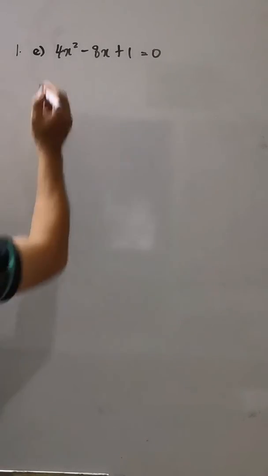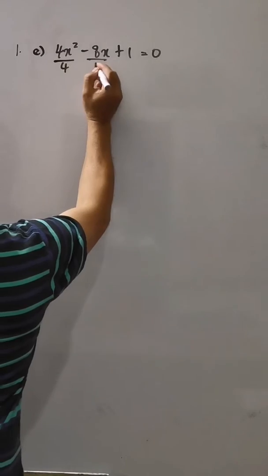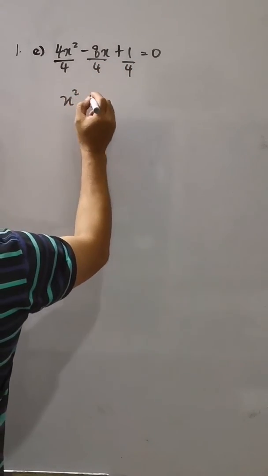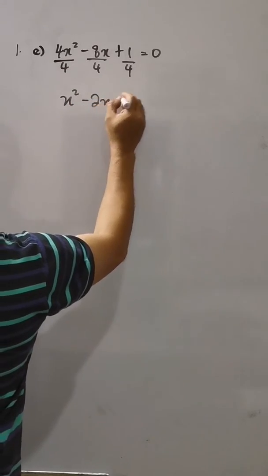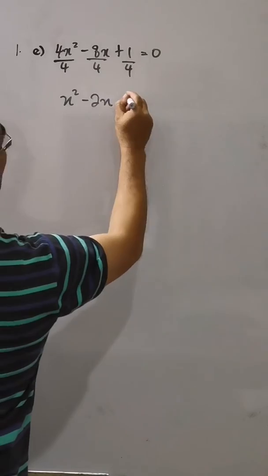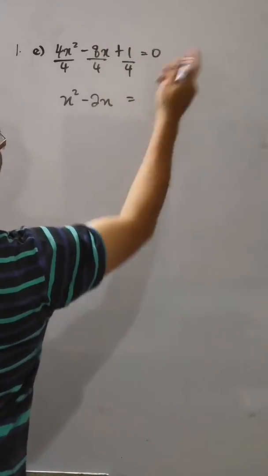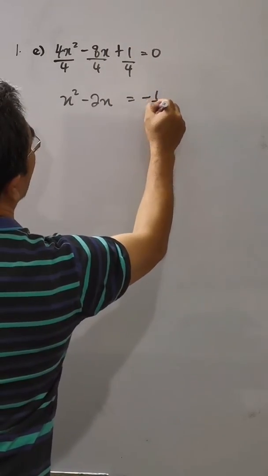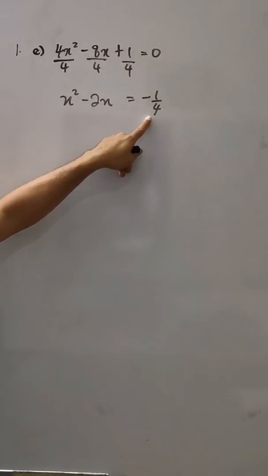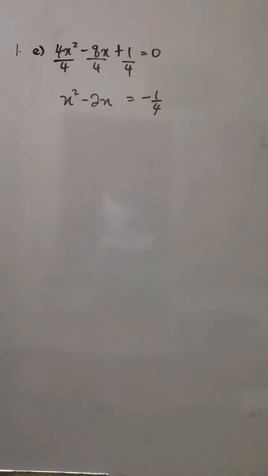Question E, 4x squared minus 8x plus 1 equal to 0. Divide all by 4. So you get x squared minus 2x plus 0.25. So you bring the 1 over 4 to the side, it becomes negative 1 over 4. If the value is exact like this, you can change it to decimal, negative 0.25. Alright, so then